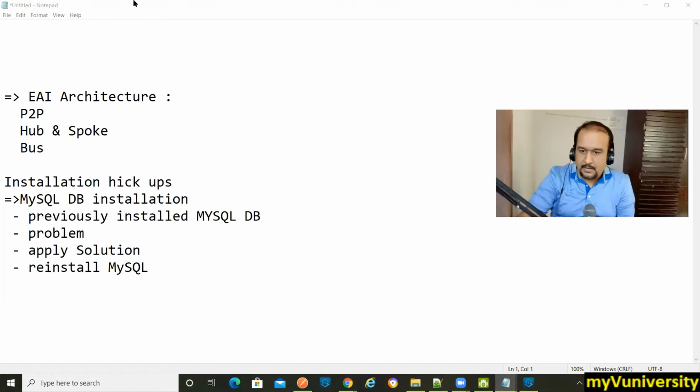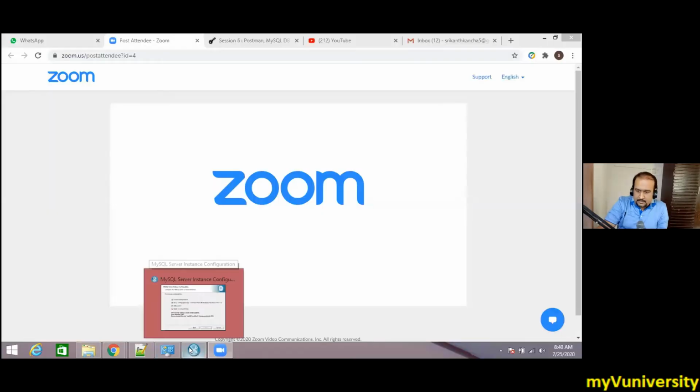Okay, make host. I stopped sharing my screen. Srikant, you will be able to share your screen now. That's perfect. Okay, share your screen. That's great.